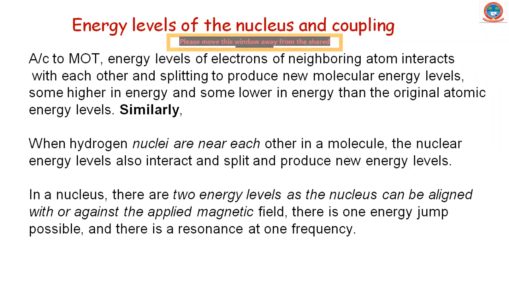Similarly, we have the same idea in NMR. So the nucleus is also considered as having energy levels. When we have two neighboring nuclei, they also combine with each other and show splitting. But their combination is called what? The coupling. Their combination is called coupling, and the splitting of signals is called what? Splitting. Okay. So when two or more hydrogen nuclei are near to each other, 1J, 2J, 3J, 4J, up to 4 bond distance,